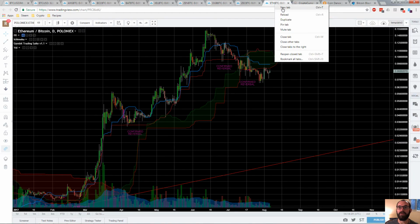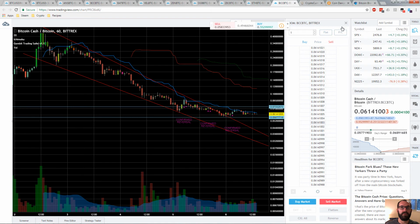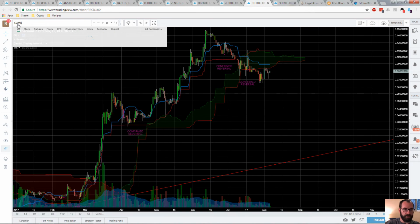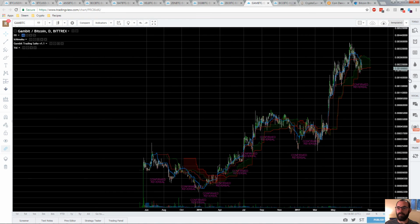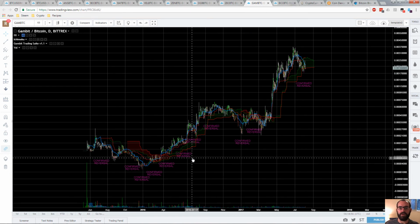Oh, before I miss it, I wanted to also do GAM. Let's look at GAM BTC. Now, Gambit's a different kind of altcoin. It's a deflationary model altcoin where, based on the success of a certain trader, and depending on the funding from certain affiliate links and referrals and ICOs happening within the Gambit token,